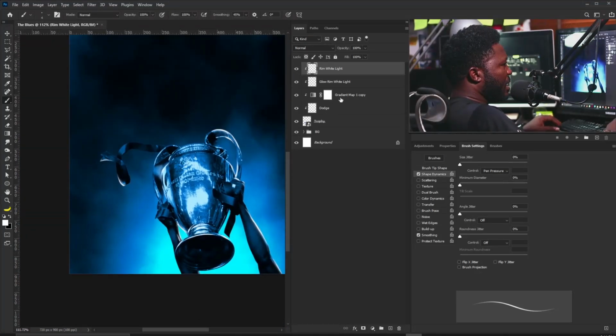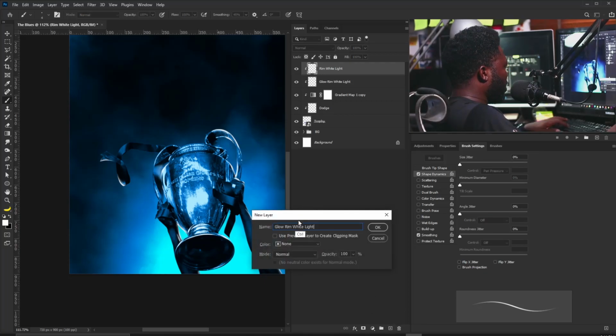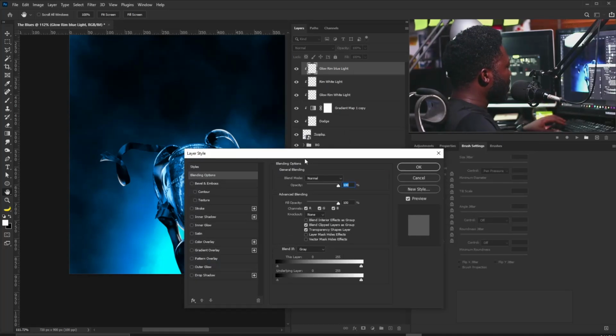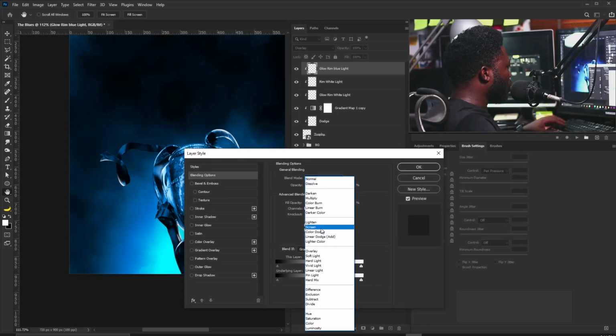All right, then the next thing I'm going to do is to add a glow light effect. So I'm going to create a new layer again and I'll call this glow rim blue, super blue lights, and I'm going to select the OK button. Then I'll hold on Alt again and click, and I'll double click on this to bring out the layer style option, and I'm going to change this to color dodge